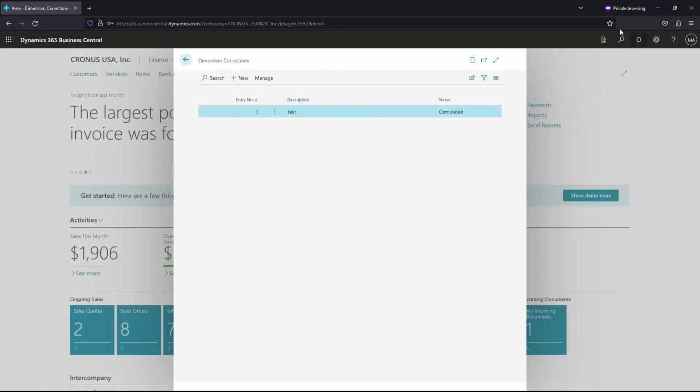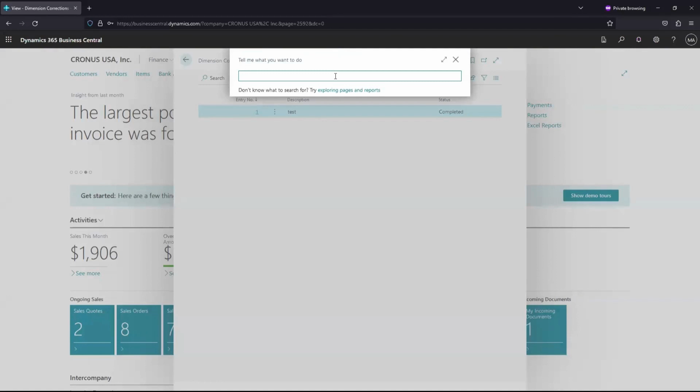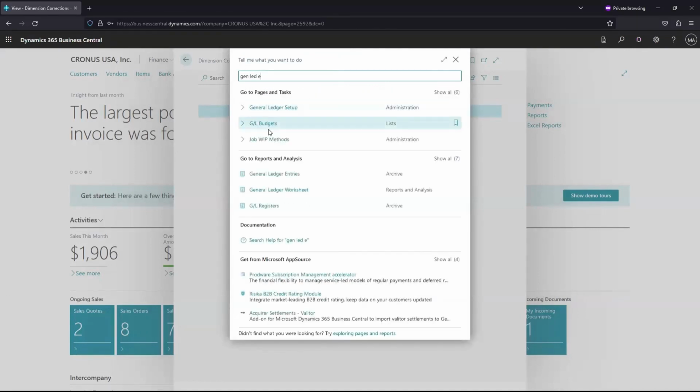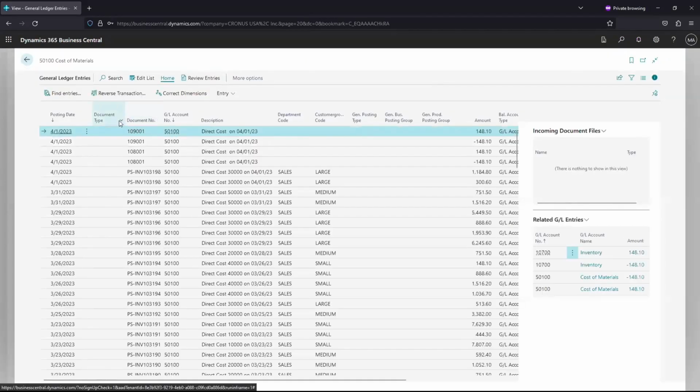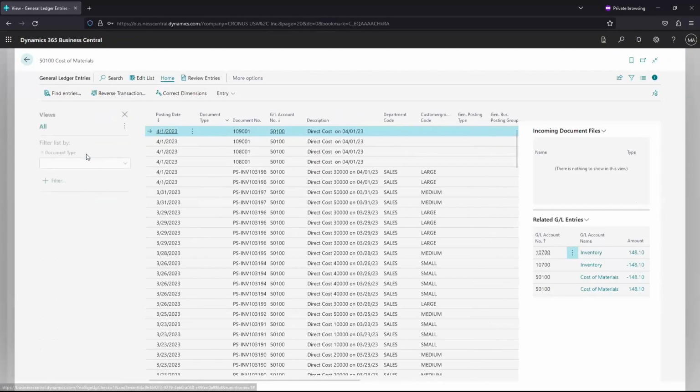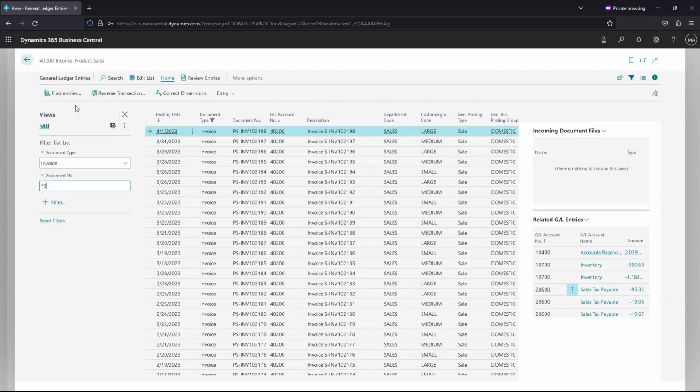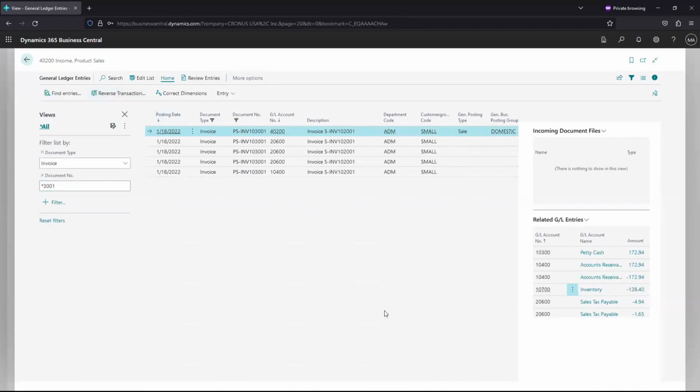Okay, now if we jump to our general ledger entries, see if we can find our invoice. Okay, there we go. You can see my department code has been changed to admin and my customer group has